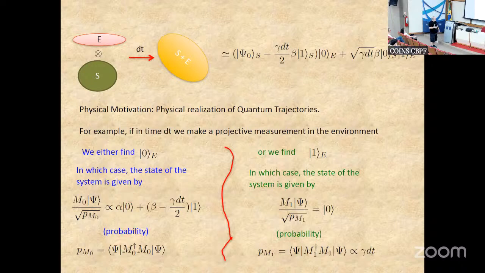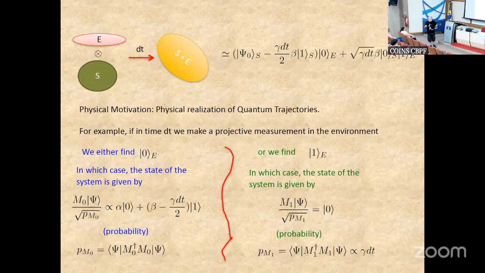So that's exactly what I have said. And then you get a probability of a jump happening, and a probability of no jump. It's interesting to notice that, in the case of spontaneous emission, even if there is no jump, the state of the system changes. The reason is that 0 cannot emit and 1 can emit, so if in a time dt I have no jump, this unbalances a little bit the previous population of 0 and 1 in my qubit.